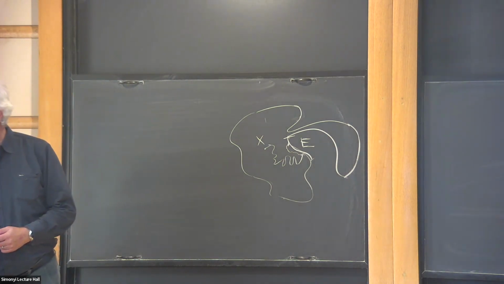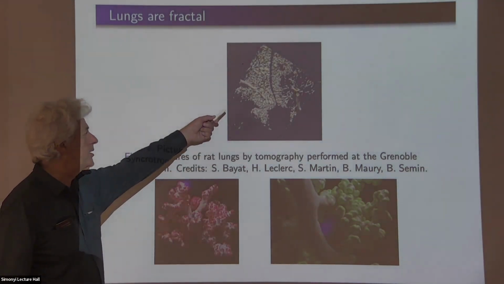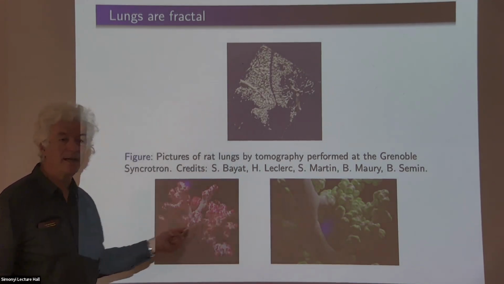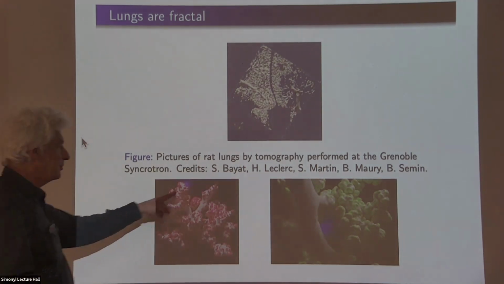Again, usually it helps us to think about Brownian motion, but then no proof contains Brownian motion. These are pictures of lungs of rats. This one is hard to see, but at least it's at about scale 1. These are tiny details. These were given to me by one of my colleagues, so the credits are here.